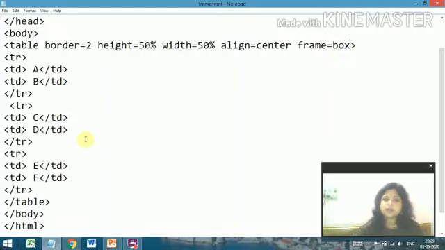If it is V sides, vertical sides, your left and right side will be present, top and bottom border will be absent. If you write frame is equal to void, no border will display. And if you write frame is equal to box, as usual, like the border attribute, it will show you all the four borders. So hope all of you understand this frame attribute.